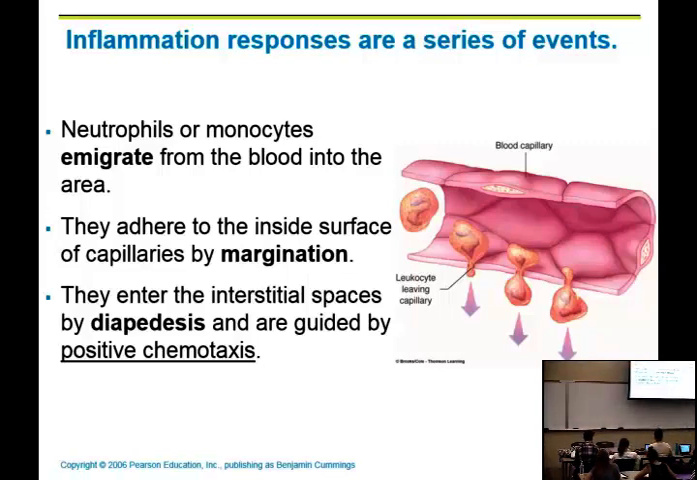So this is what I was talking about in terms of how they can emigrate or leave the bloodstream. Remember immigration, right? You hear about that, people wanting to get in or things wanting to get in. Emigration is leaving or exiting instead. So they emigrate from the blood to the site of infection. And what they do,